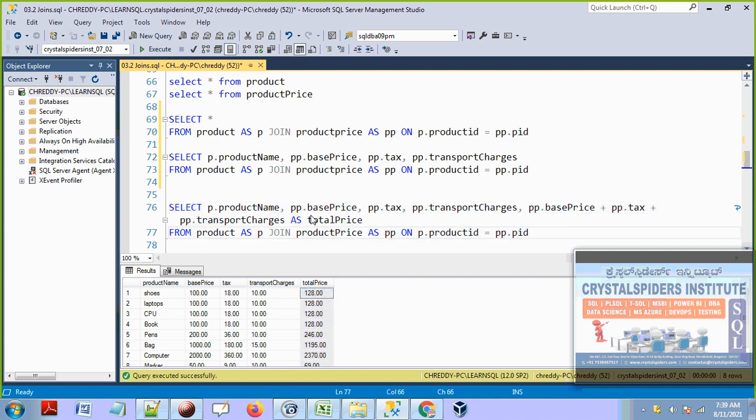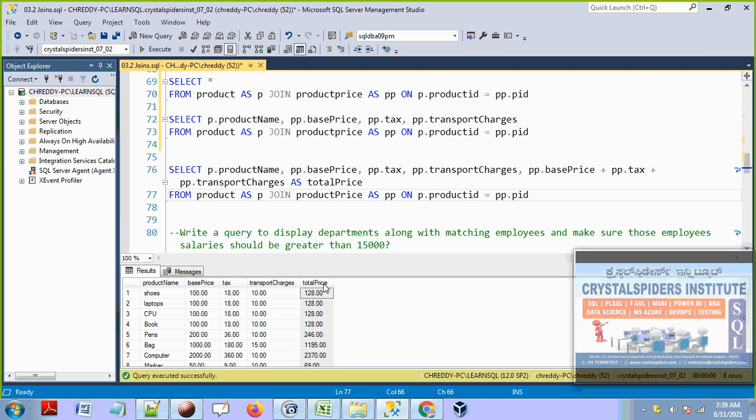Now in this case I will talk more and more about this type of column. This is what we call derived columns guys. Total price is a column that is not coming from the table. Total price is a column we derived as part of the SQL query. In this result set you see that total price is a column. This is called a derived column. The derived columns and derived tables concepts will come as part of subqueries, and we'll discuss more and more at that time.